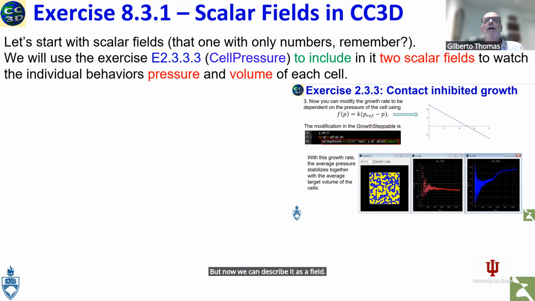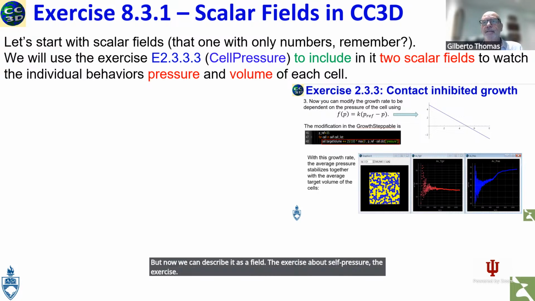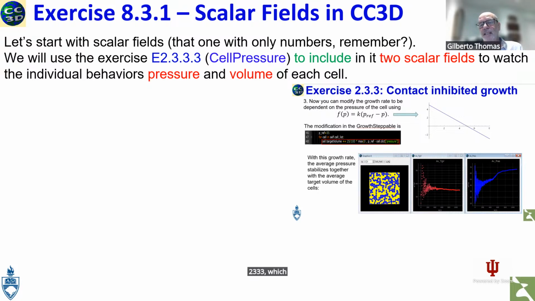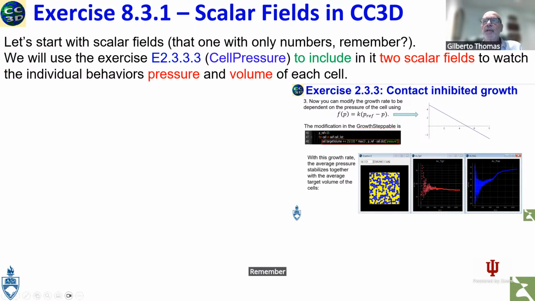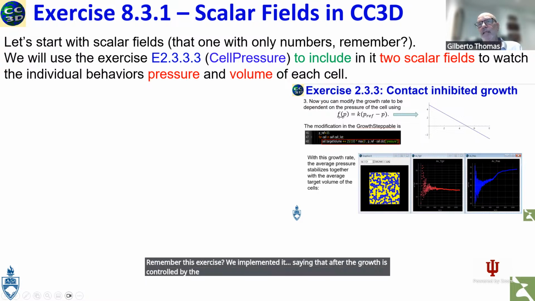The exercise about cell pressure, exercise 2333, which we have in the student's material. Okay, the contact inhibits growth. Remember this exercise? We implemented it saying that after the growth is controlled by the pressure that the cells are